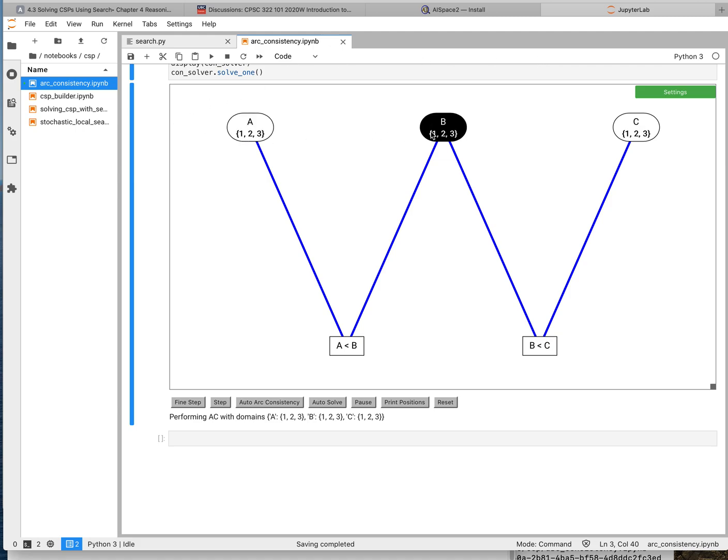So A is 1, 2, 3, B is 1, 2, 3, C is 1, 2, 3, A is less than B, and B is less than C. That's the problem we're going to look at. Now let's look at this arc here. Consider the relation A is less than B, where A is 1, 2, 3 and B is 1, 2, 3. A cannot be 3, because if A is 3, there's no value for B such that A is less than B. If we click on this arc, it will make it consistent by removing 3 from the domain of A. That's what is called arc consistency. So there's no 3 in the domain of A because there's no